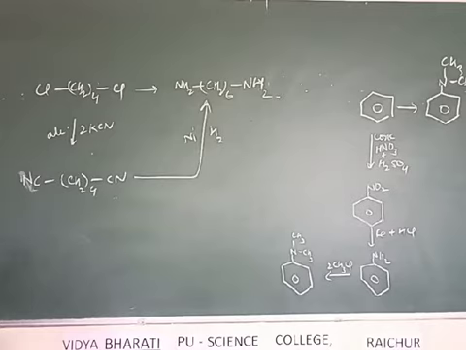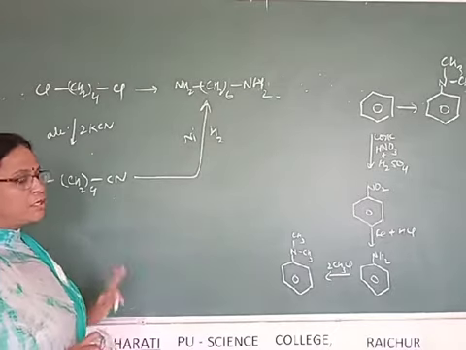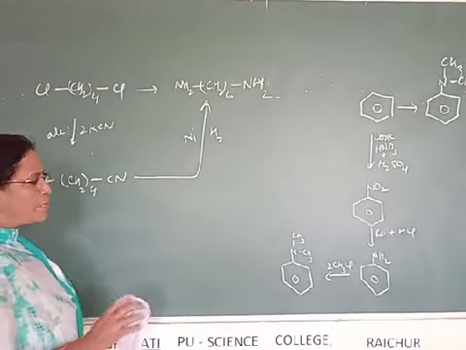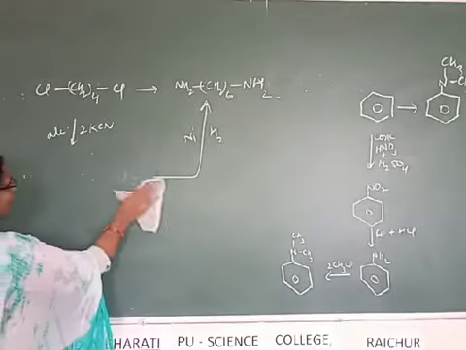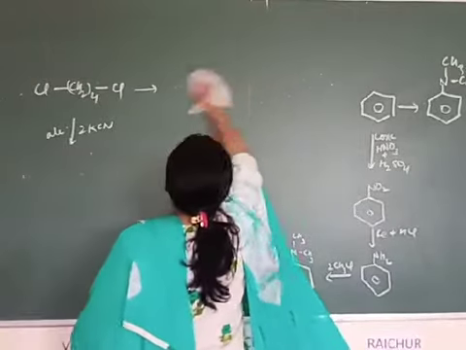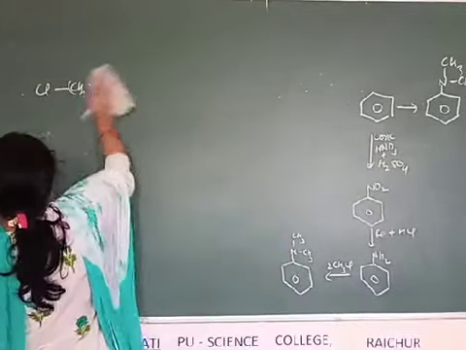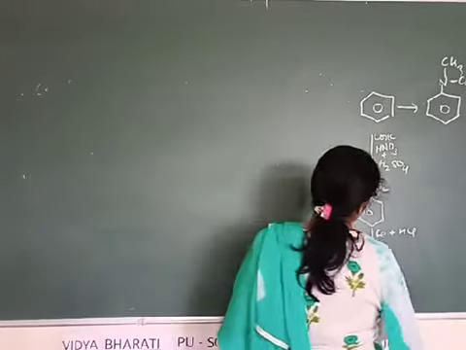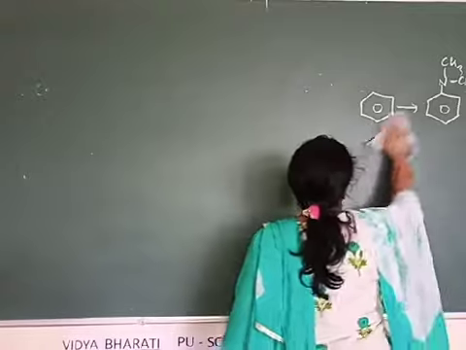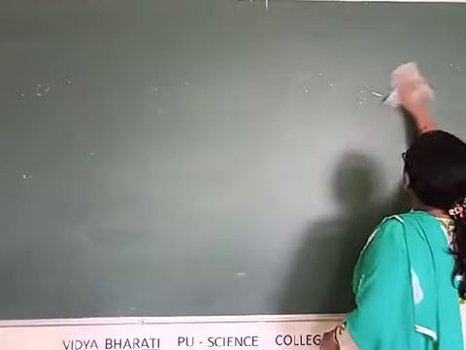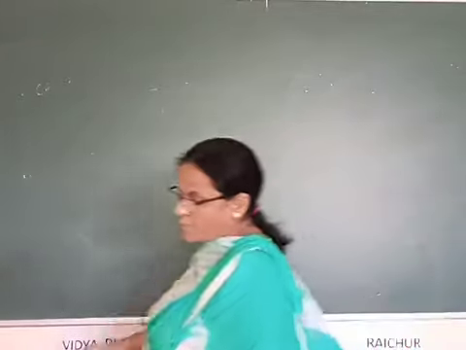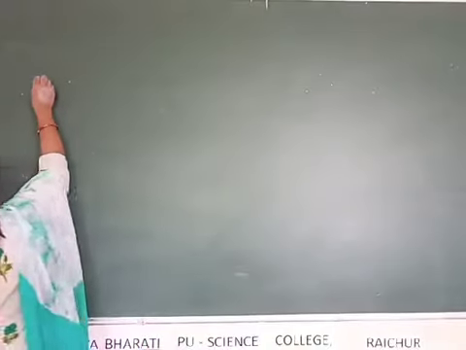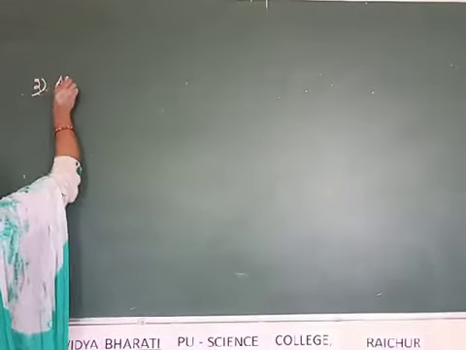Okay. So these were the questions which I had given for homework. Now let us study the chemical properties. We were actually studying chemical properties, and the first property, that is basic strength of amine, we have already completed. Let us come to the second. The second one is alkylation.